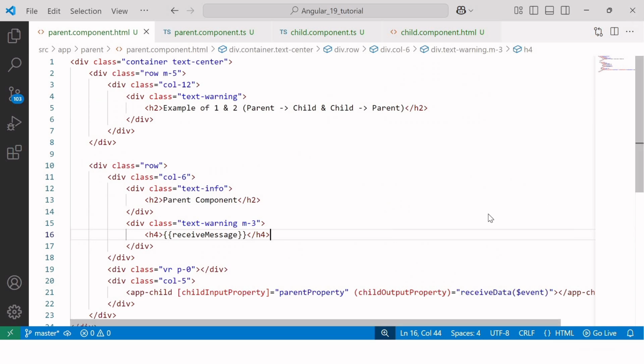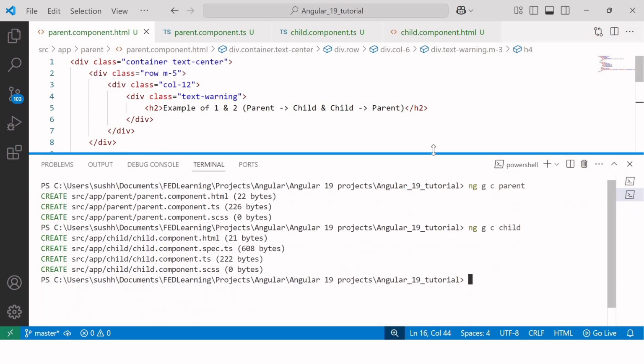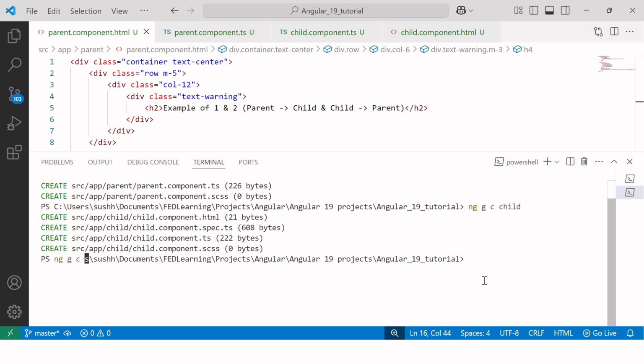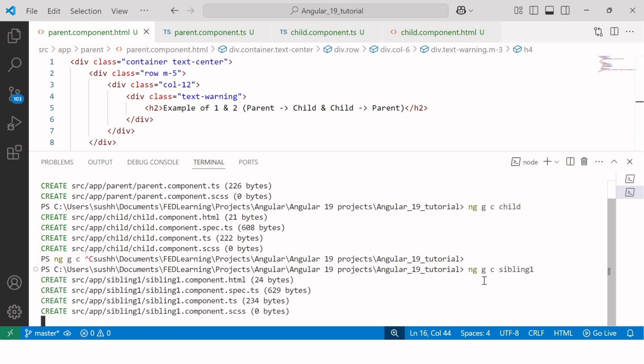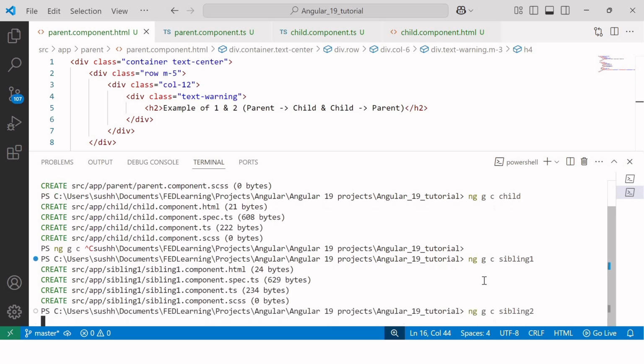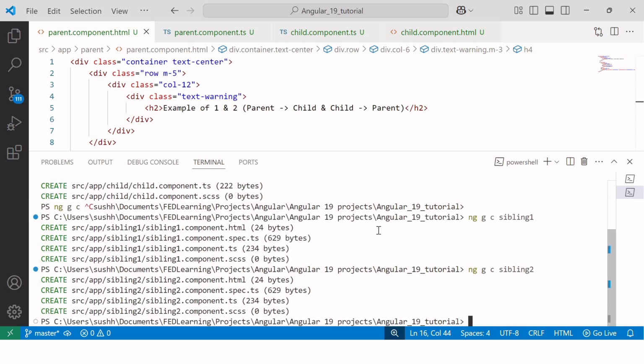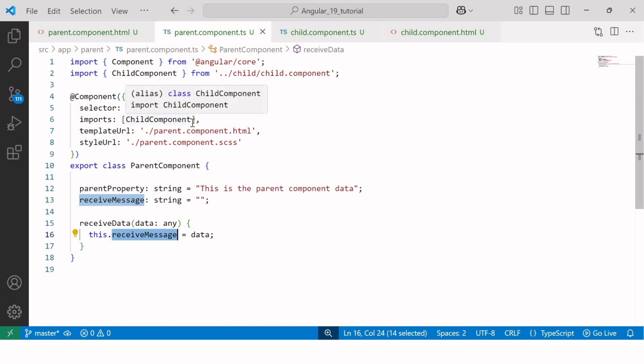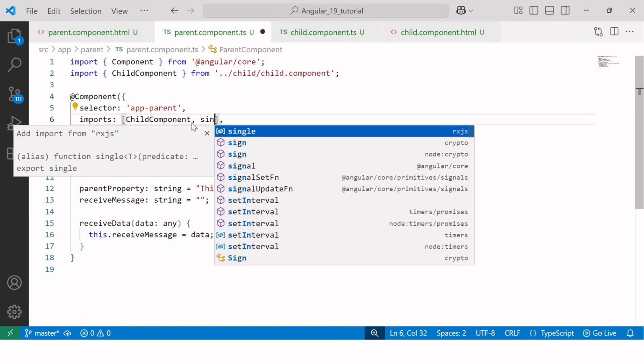And to demonstrate how sibling components communicate, I'll create two more components called sibling1 and sibling2 using the command ng generate component. Okay, Control C. And now I'll hit ng generate component sibling1 and sibling2. Now, to make these two components siblings, I'll add them inside the parent component. So inside the imports array, I'll import these two sibling components,